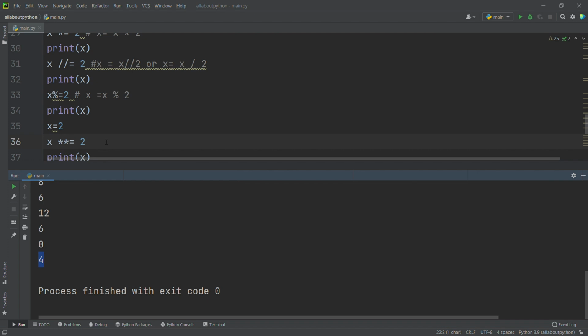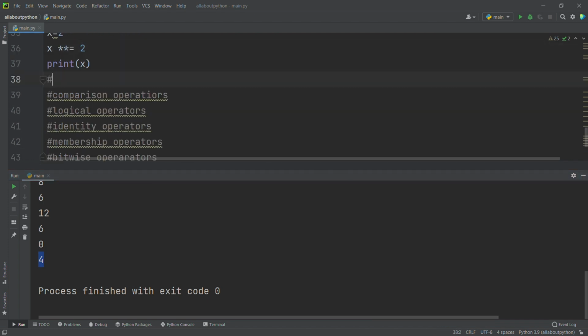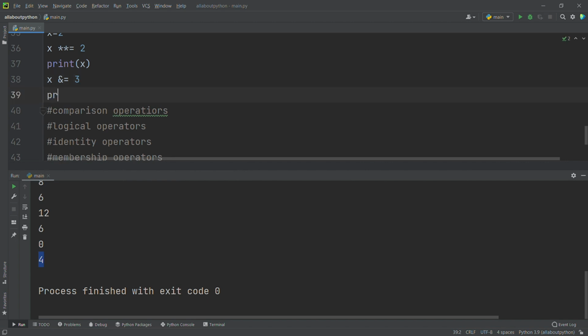Now we'll go for another assignment operation. x &= 3, and print of x. It's printing 0.